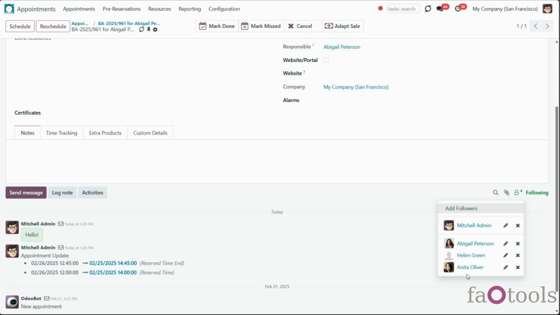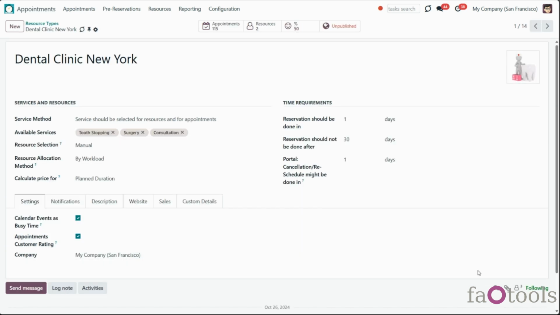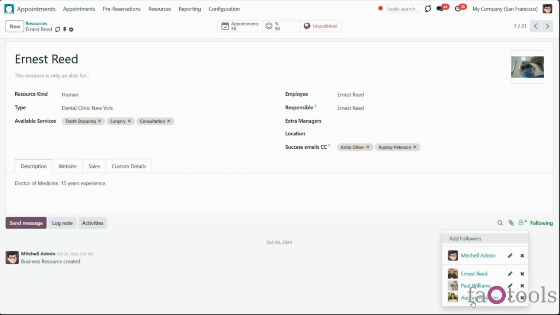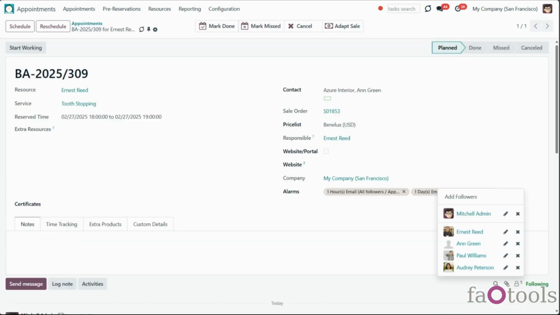The followers are added hierarchically. So if a user follows a resource type, then he is automatically added as a follower of the related resources and appointments. If a user follows the resource, he or she is also automatically added to the created appointments. The auto-subscription is applied only to the resources' appointments that were created after adding followers to the resource type or